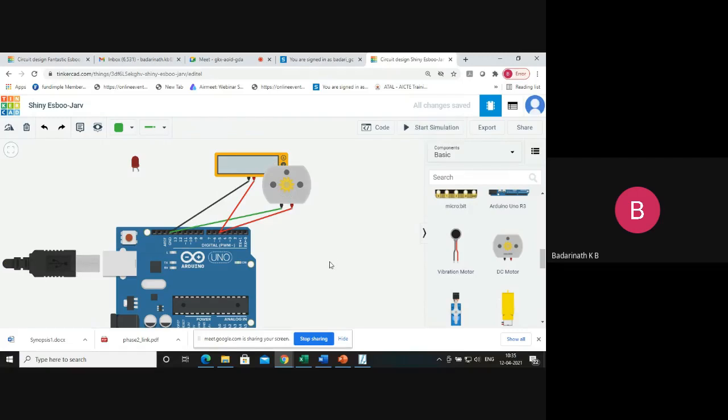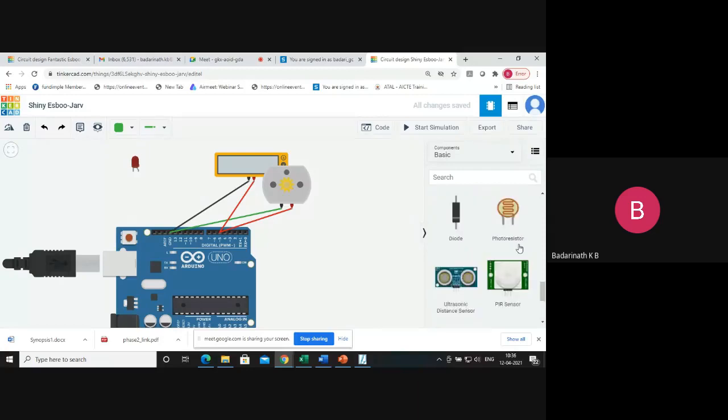So now we have understood how to vary the brightness of an LED, and we have understood how to rotate the motor. We will take one more component, which is very frequently used in circuits to give a coloring effect to your outputs, to indicate different status values. What is that? We will just see that component.